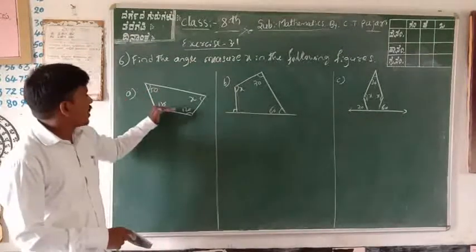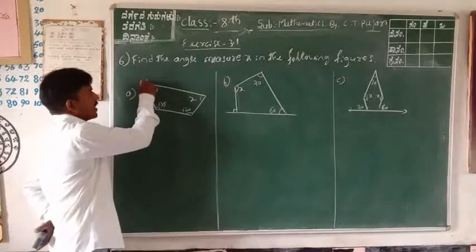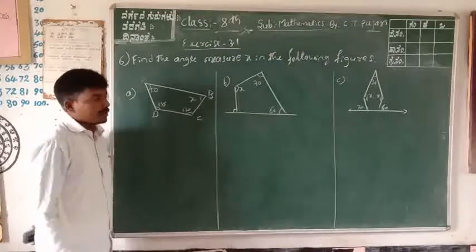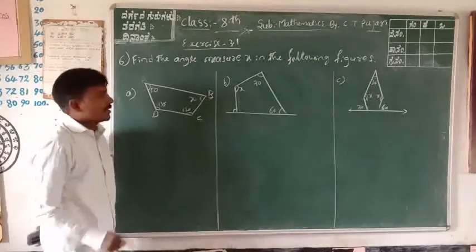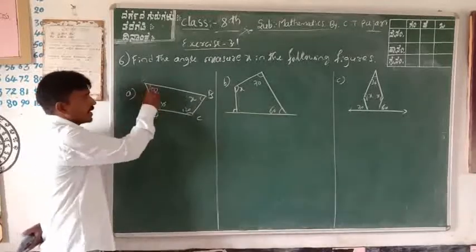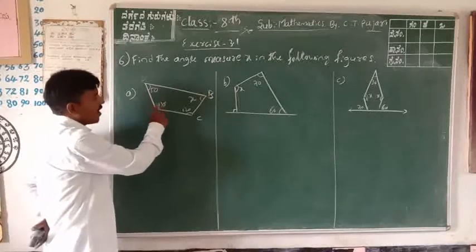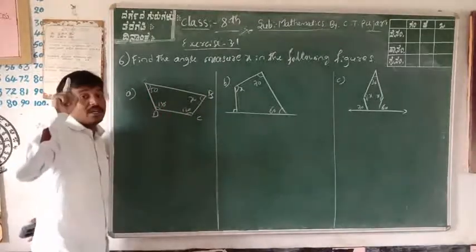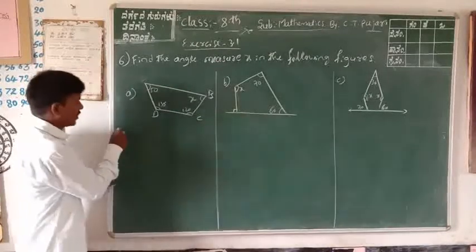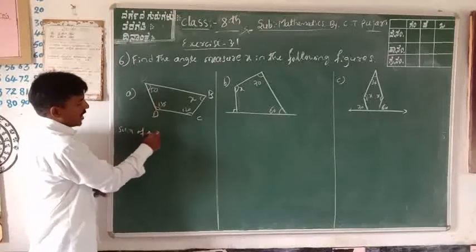Okay, in the first one, this is quadrilateral ABCD. This is one polygon, and this polygon's name is quadrilateral. You know about the interior angles of a quadrilateral. The formula is that the sum of all four angles is equal to 360 degrees in a quadrilateral. That is most important. Therefore, the sum of four angles